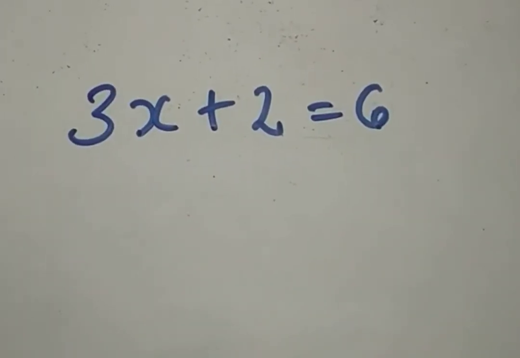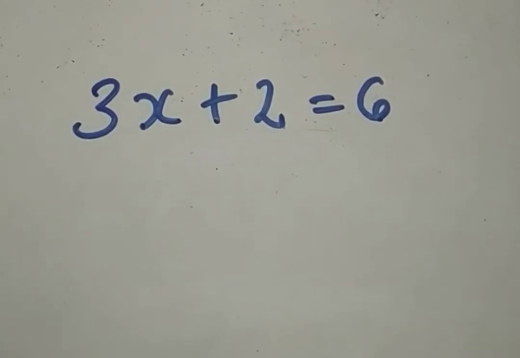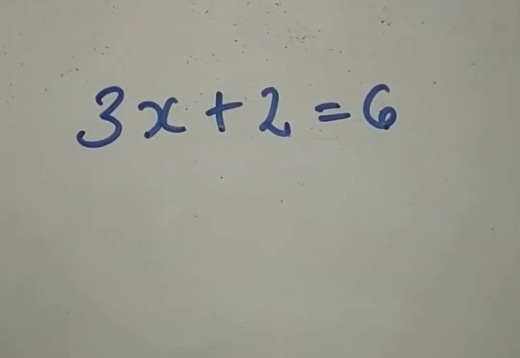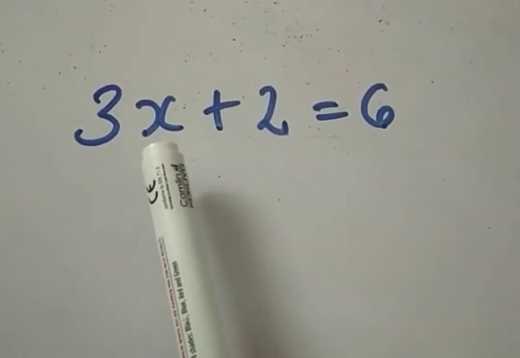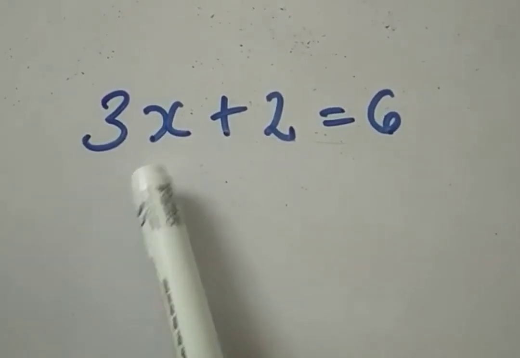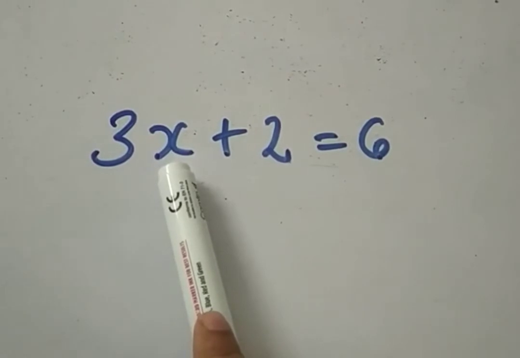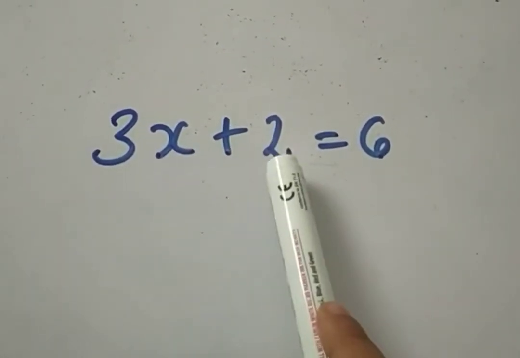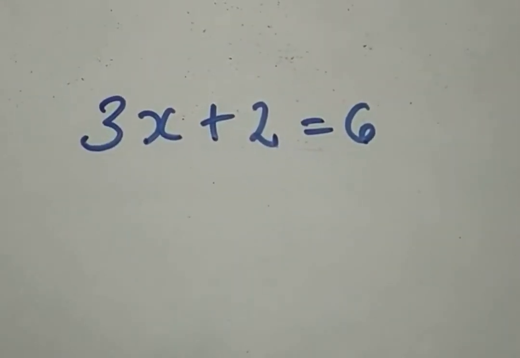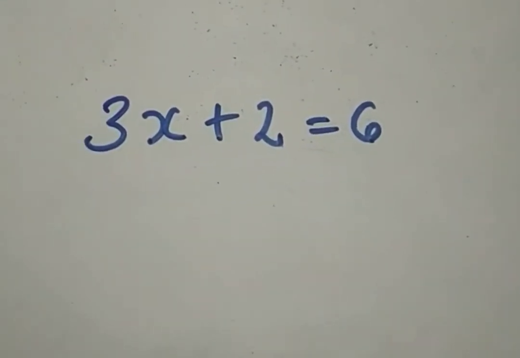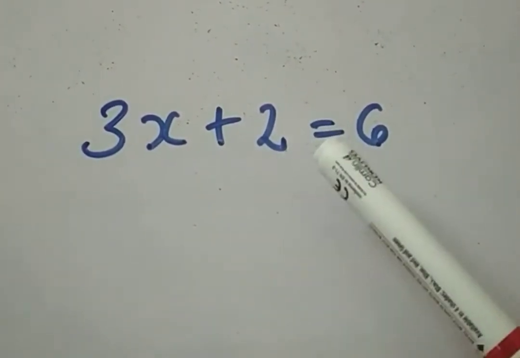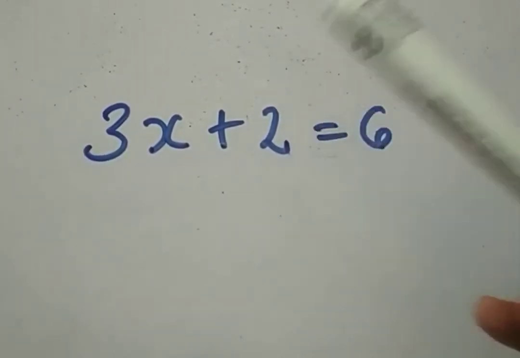So using these rules, let us try to solve this linear equation. We know that solving a linear equation means finding out the value of the variable. So here the variable is x and we need to find out the value of this variable. To solve this linear equation, what we are going to do is we are going to remove all the numbers other than this variable from the left hand side of this equation. Now first let us remove 2 from this left hand side. So how can we remove this 2 from this equation?